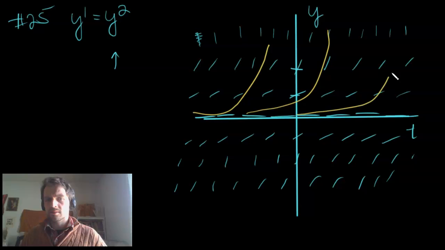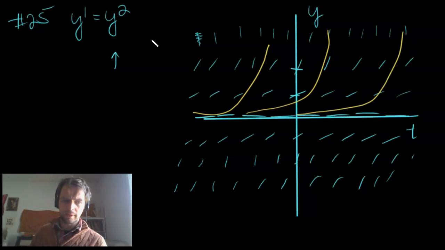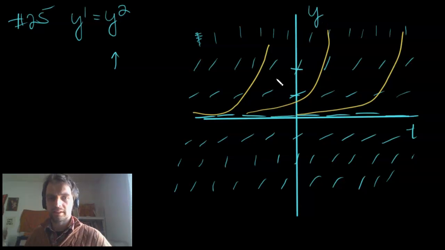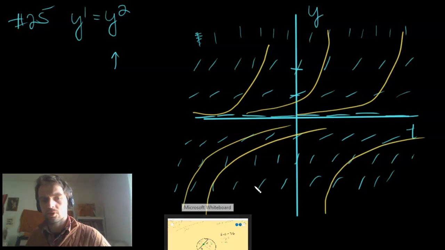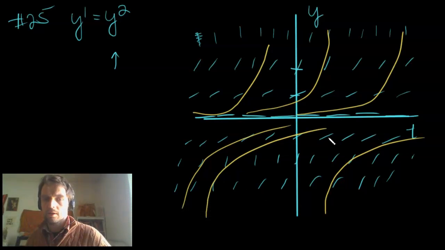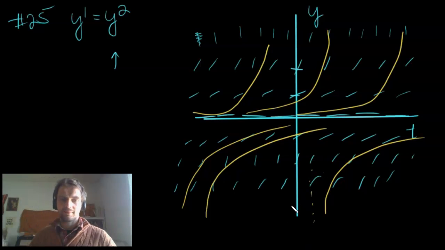And as you notice, because it doesn't require any t values or rely on them, all these are likely going to be translations of each other. And then down below seems something like this. Some of these solutions might, in the long term, go to 0, but they seem to have these vertical asymptotes as you think about going to negative time, or running time backwards. You might think about